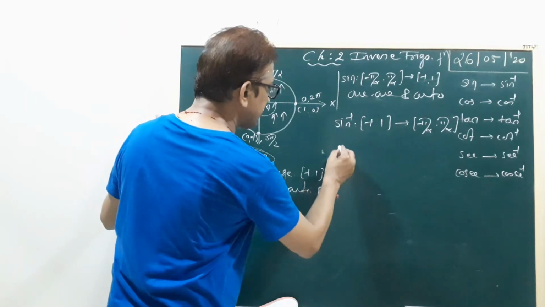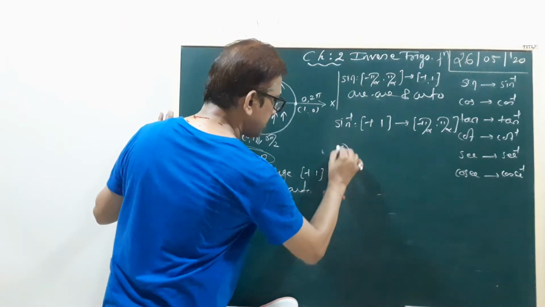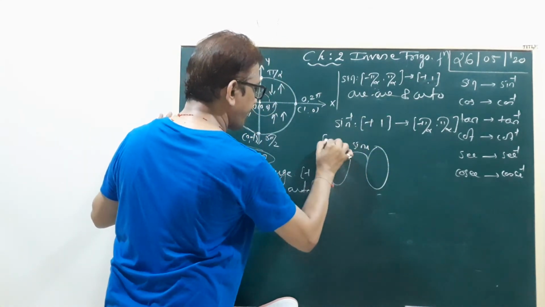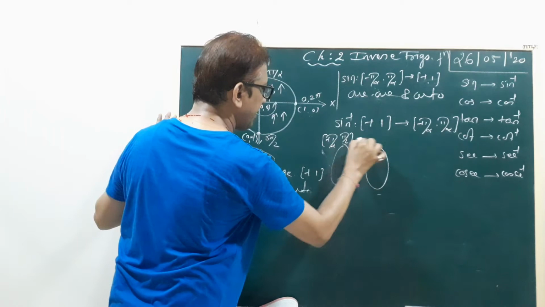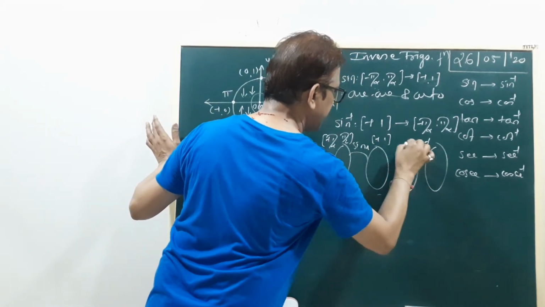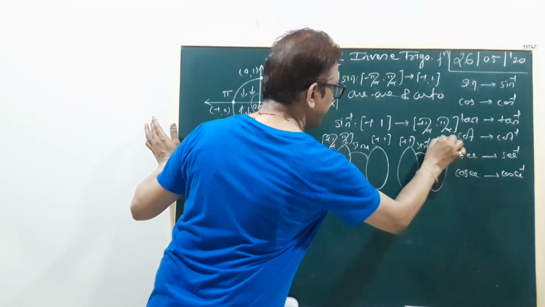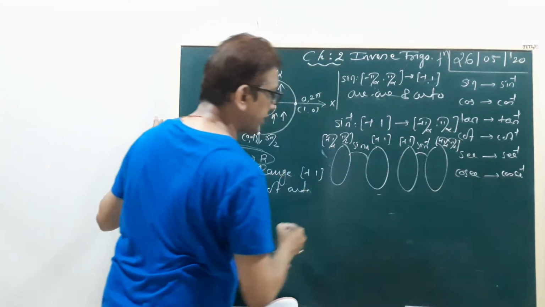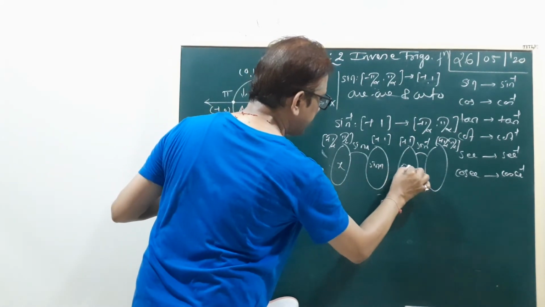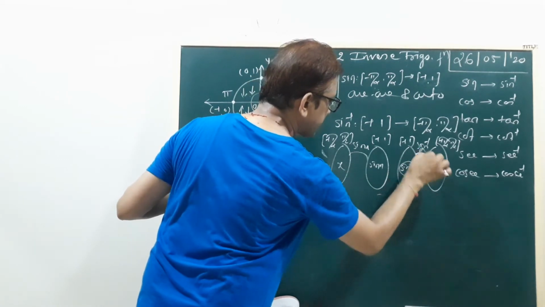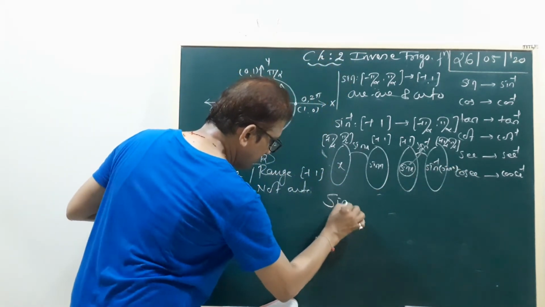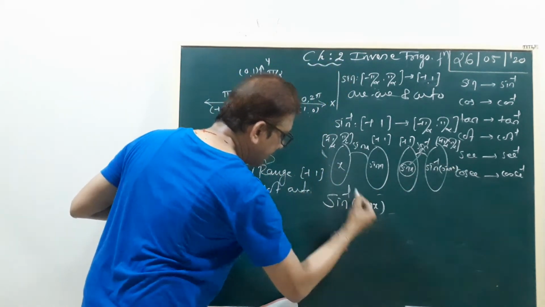Okay. Now we discuss the sine inverse function. First, this one: sine x. This function goes from minus pi by 2 to pi by 2 to minus 1 to 1. Now this is your sine inverse, from minus 1 to 1 to minus pi by 2 to pi by 2. Okay. Now here x and here sine x. Now sine x is put in sine inverse. It is called sine inverse sine x.